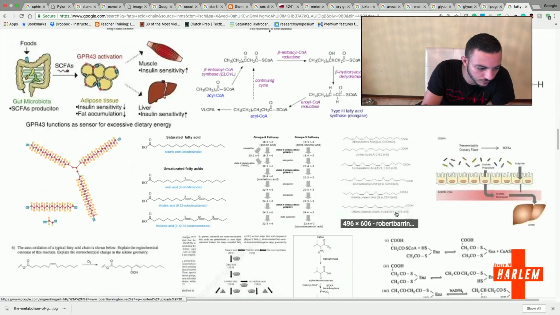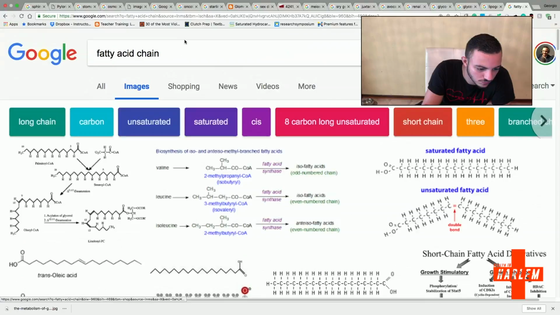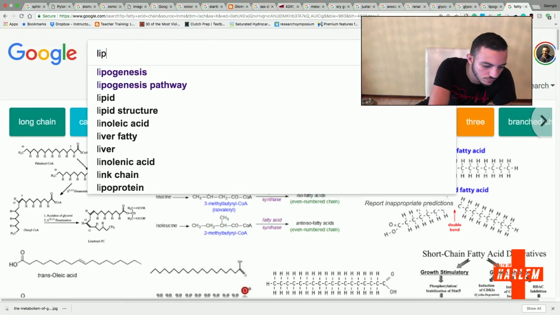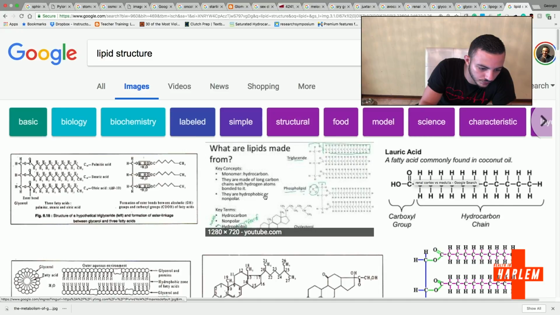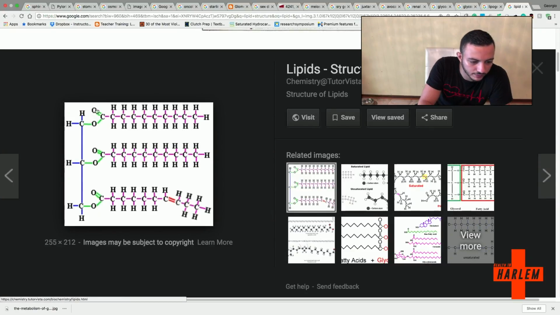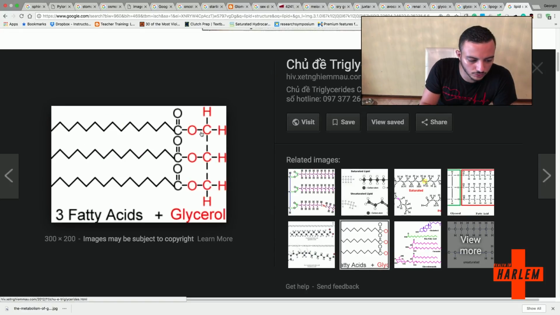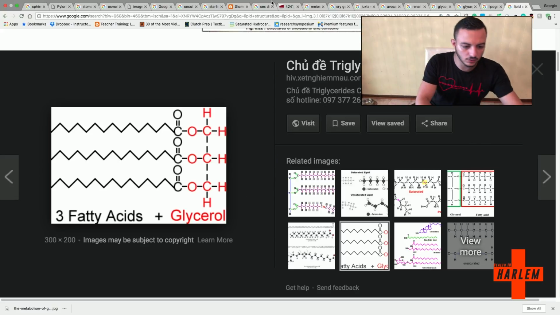Okay, so in order to produce the lipids, you're going to need a glycerol backbone and then 3 fatty acid chains. So what I was describing to you before is the production of these fatty acid chains that are going to plug into your glycerol backbone to produce a triglyceride. And then that is the essence of your